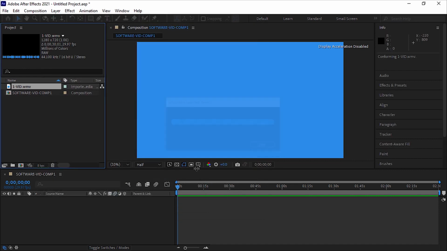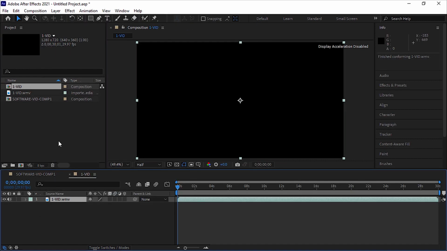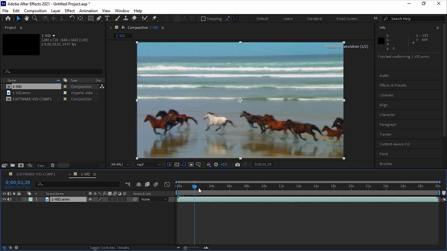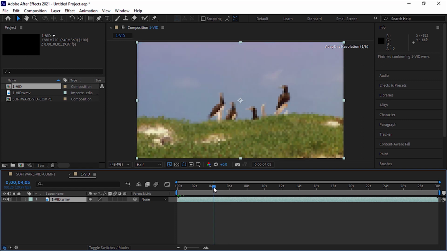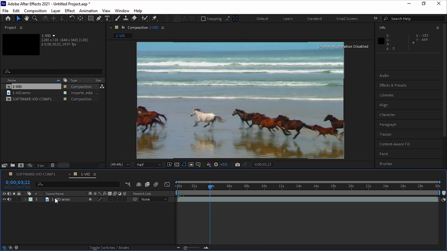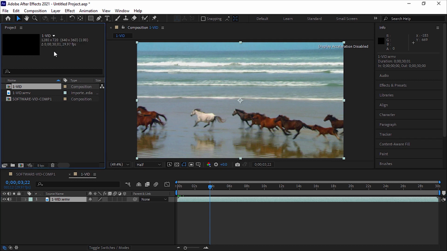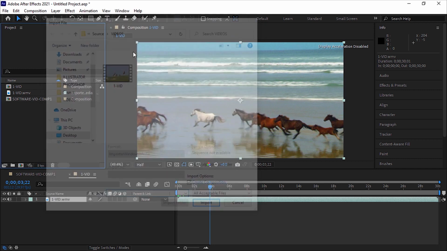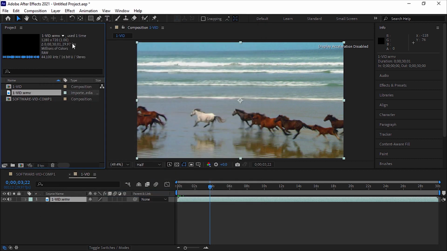In this case, as you can see, the video file is added to the project panel without any special settings. The point here is that by selecting the video file, you can see a preview of it with specifications such as dimensions, duration, frame rate, colors used in it, image codec, and also the specifications of the audio file. The same is true for different types of audio files, and you can import these files into your project without any special settings and using the Import option.